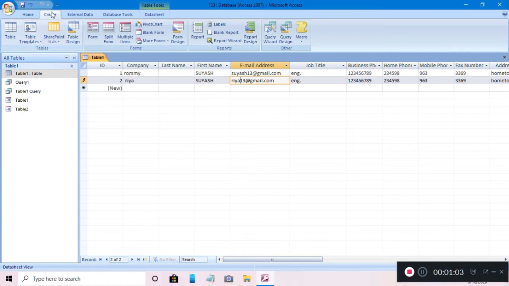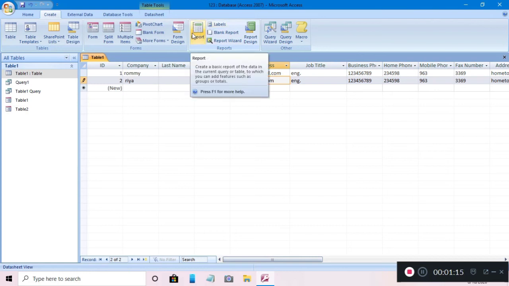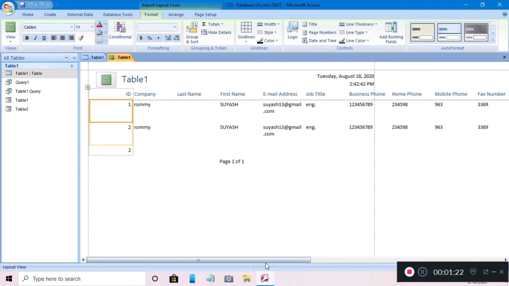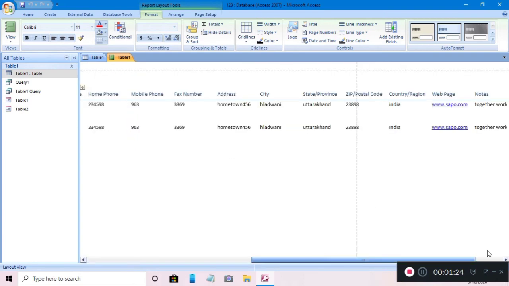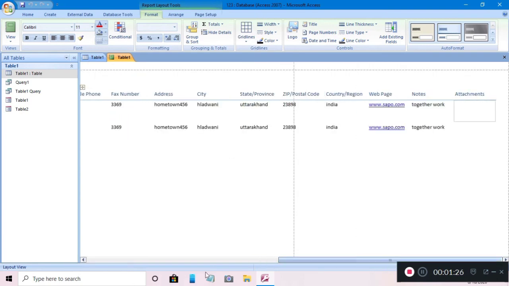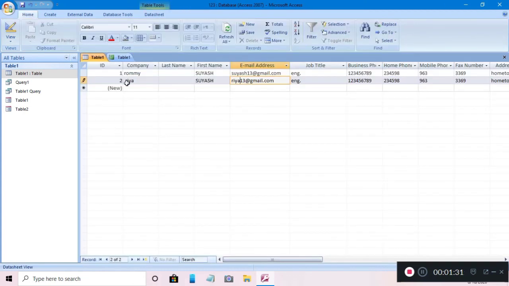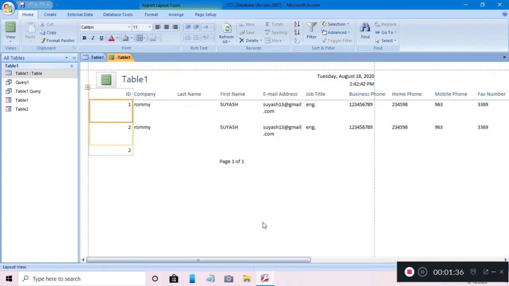Here you can find the third box. This is Report, and when you click the first part of this report, you can see this is the report of our data. The data which we had already written in the table form, we have created into a report format.